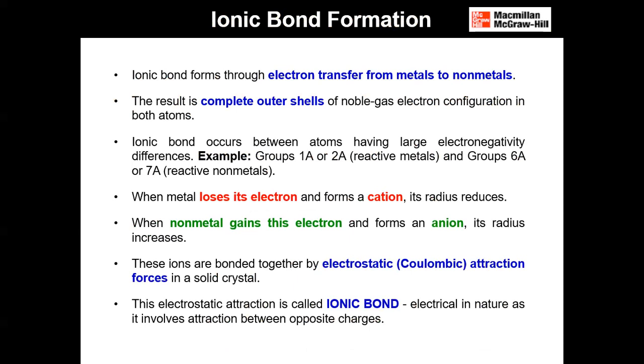So if you look at here, we can form the ionic bondings between group 1A, or alkali metals, with group 6A and 7A, like Cl. Okay, Br is a good